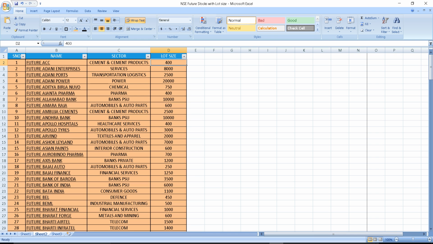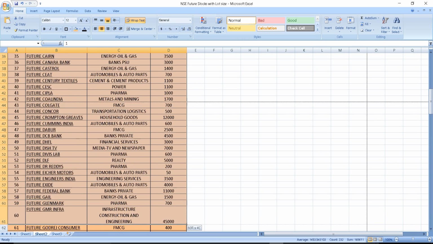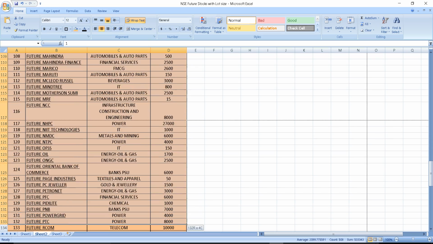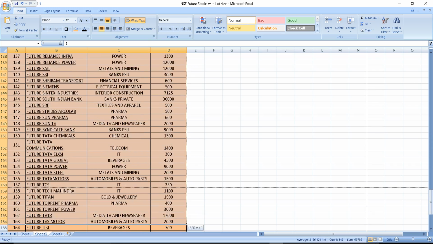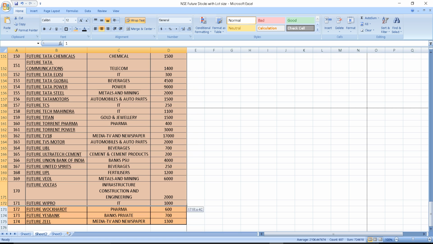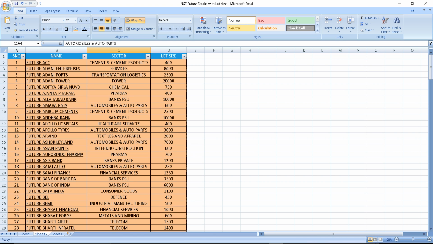Here, the list of NSE futures stocks is given in a single Excel sheet. I have written all the futures stocks with their respective sector and lot size. Simply put, lot size means that if